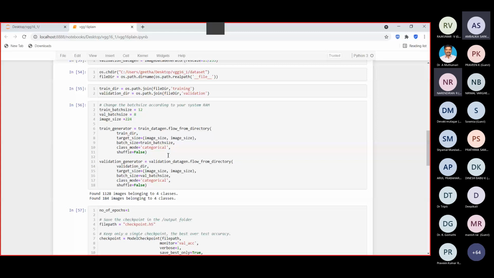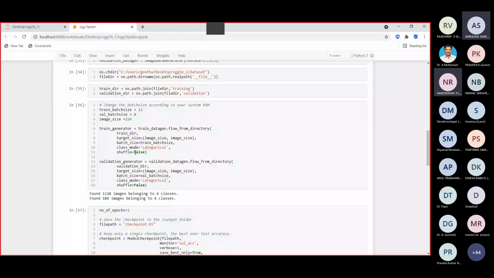Here we have set shuffling to false. Otherwise, if we set it to true, in each epoch the data will be shuffled to create a new organization or order. That is why we have this shuffling.